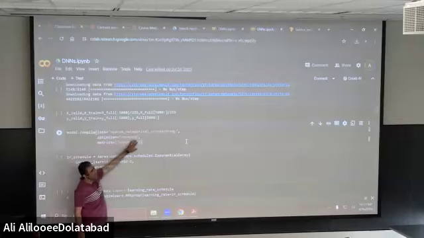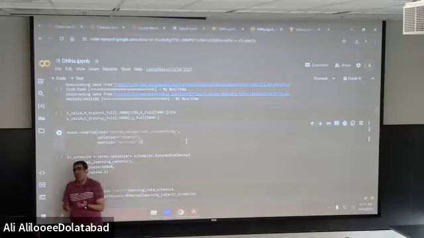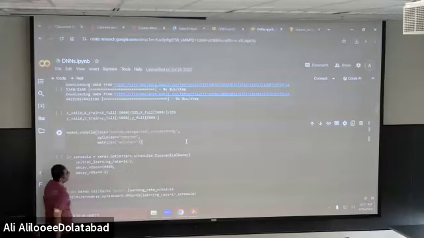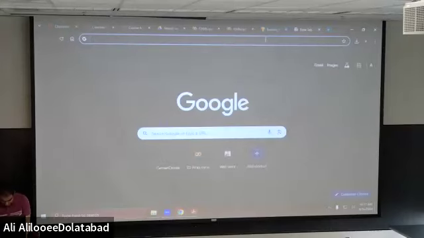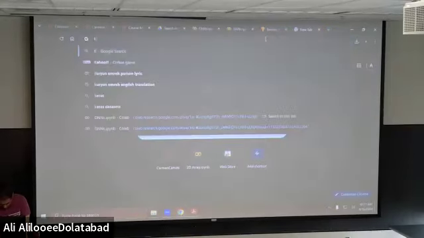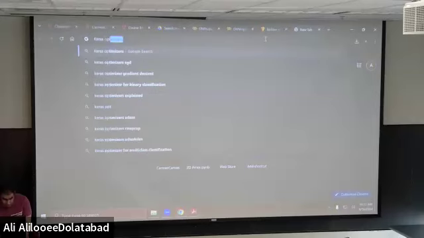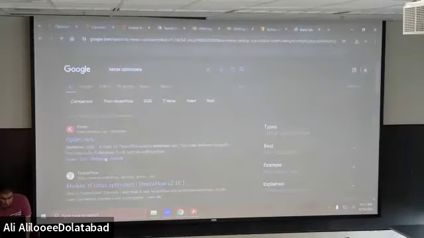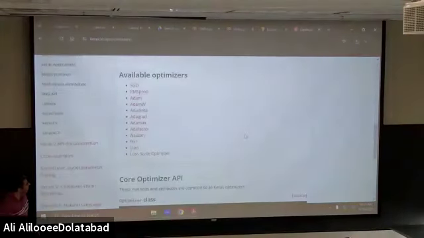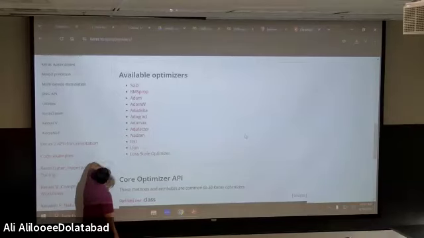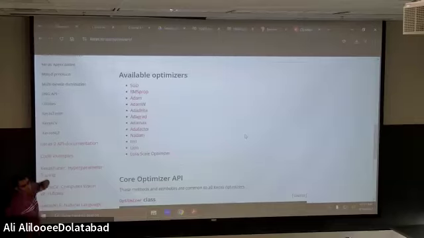Next, the optimizer, which we didn't talk about. As I explained before, gradient descent is not the only optimizer that we have. Here in this case, as you can see, we are using RMSprop. I strongly suggest you look at the Keras help to choose different optimizers. Let me show you what I'm saying: Keras optimizers, then compiling, and these are the optimizers that we can choose. I am using this one, RMSprop.